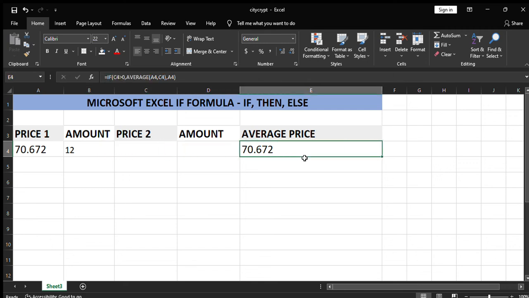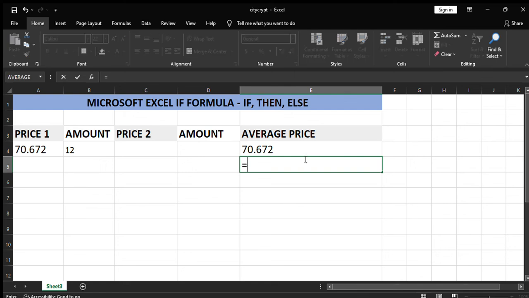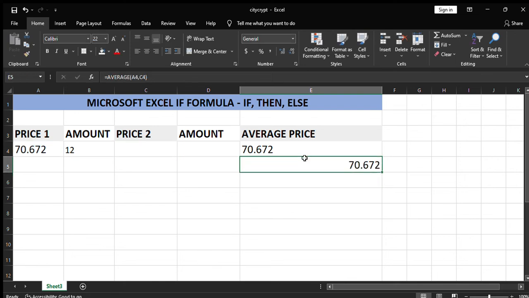With the average, we just use the equal sign and then average, and then identify the numbers. In this case, we have A4 and C4, and then it should be the same number. Of course, it is the same number,